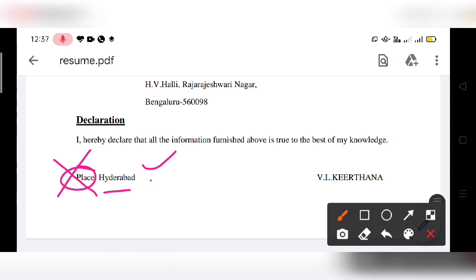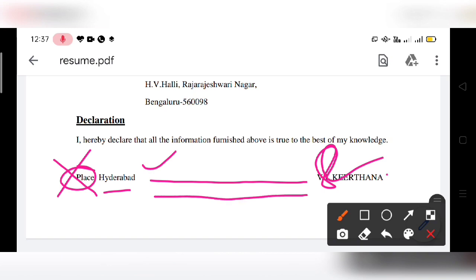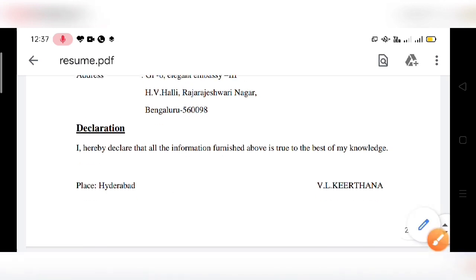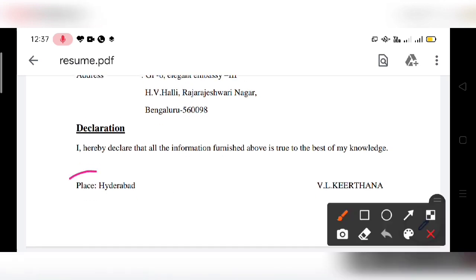Directly you can start from the extreme left, Hyderabad, and below that you can write the date. And opposite Hyderabad means over here you need to put your signature, and opposite date you have to write your name in capitals. So no need for side heading place over here, and no need for side heading date over here.